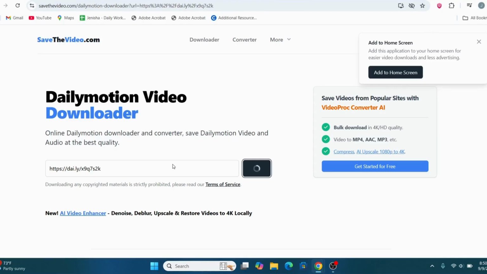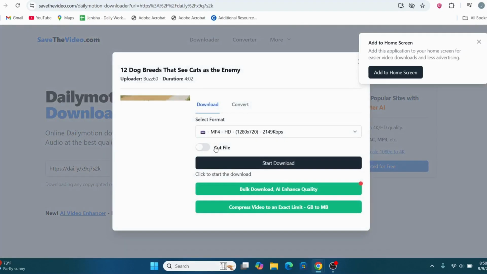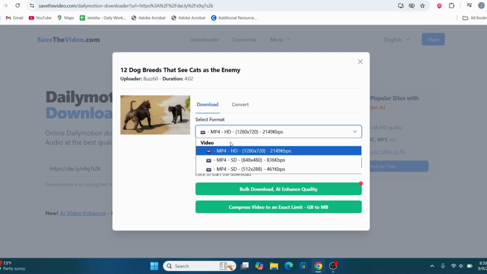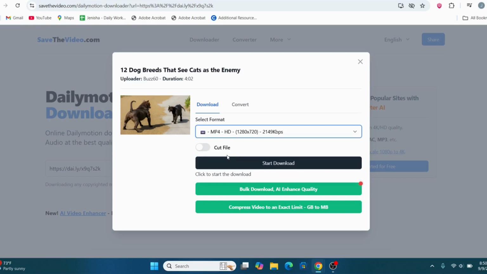After you do so, it should redirect you. So wait for this page to load up first, and there it will give you options. What you need to do is select the format. You can select the format for your video, select the quality and everything. After that, click on the option called start download directly,